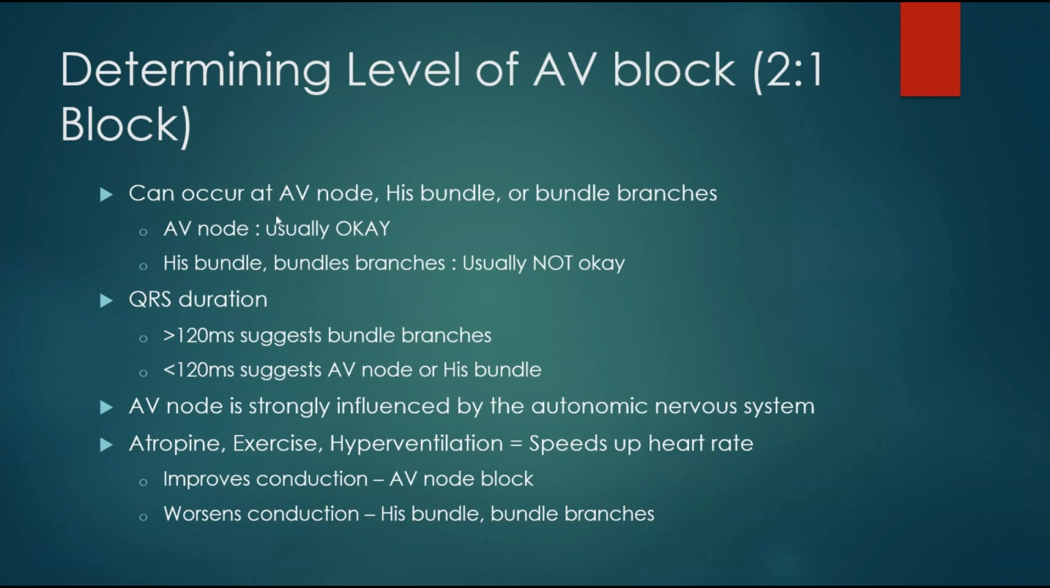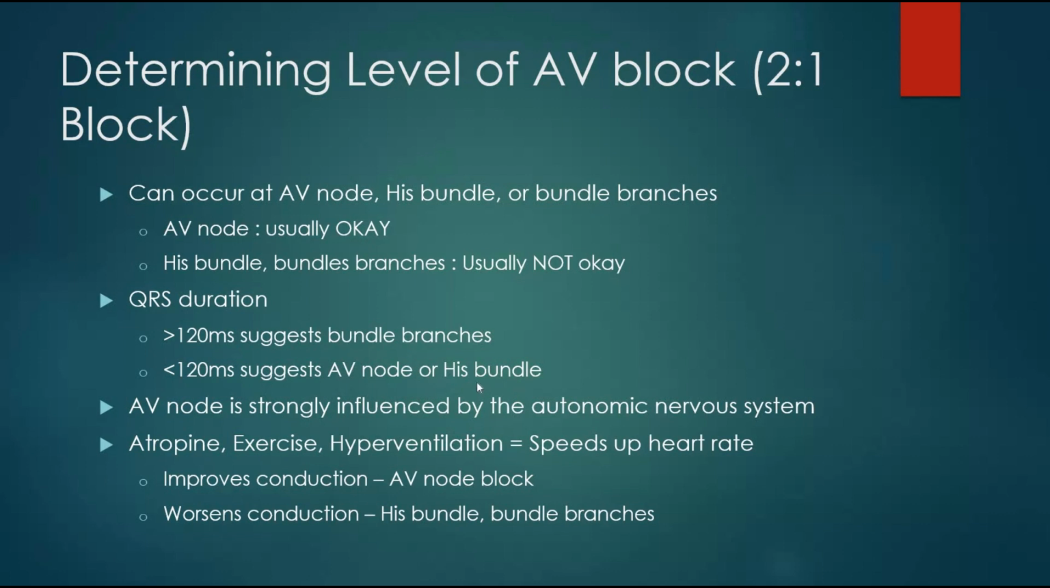So remember that the block can occur at the AV node, the His bundle, or the bundle branches, as we saw in the picture earlier. If it's a block in the AV node, it is usually okay, but if it's infranodal, meaning the His bundle or bundle branches, that's usually not okay, and the patient will need a pacemaker. This can be told by looking at the QRS duration. If it's greater than 120 milliseconds, then it suggests that the block is in the bundle branches, since the beats from the ventricle are usually wide complex. And if it's less than 120 milliseconds, then it suggests that the block is in the AV node or